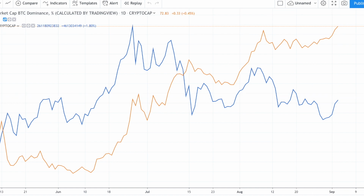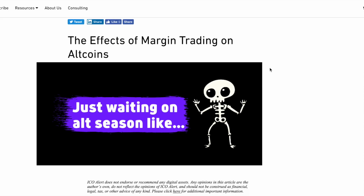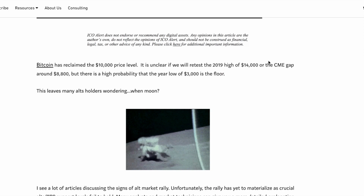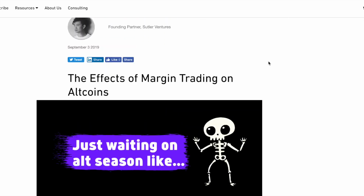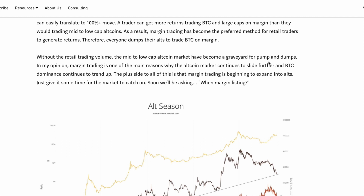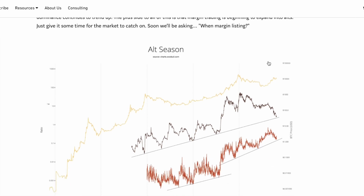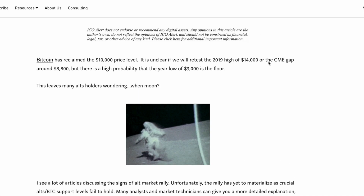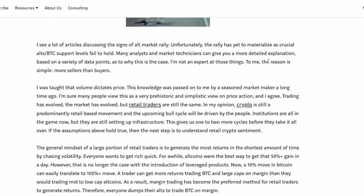Now, speaking about margin trading and altcoins, I talked a lot about how volume moves the price, not the price moving the volume. So this is a really great article that came out from Zach Lee, one of my colleagues. I worked with him on Wall Street for quite some time. We were both in the FX business. Very sharp guy, knows a lot about trading from the institutional side as well as the retail side. He outlined here in this article, very short but very concise and straight to the point. I recommend you give it a read to understand more about how volume moves the price and why some of the alts are suffering while BTC is going higher and dominating. So take a look here. It's in our blog post on